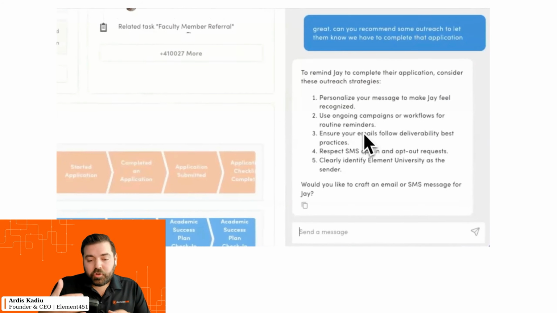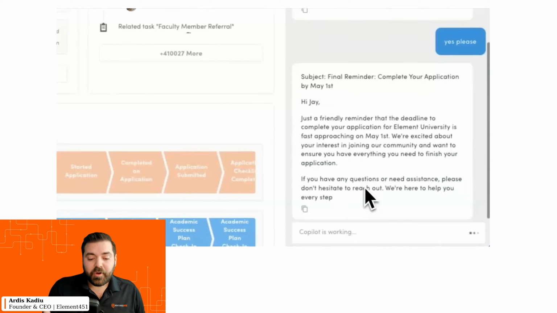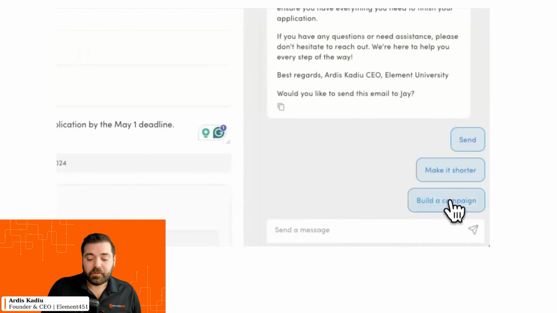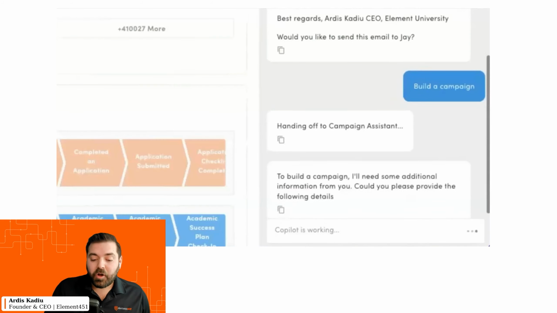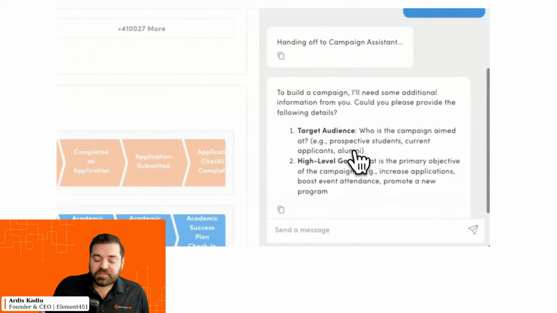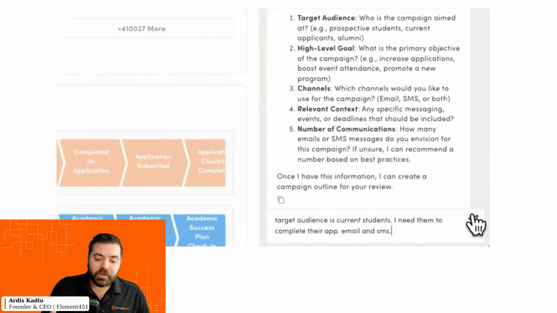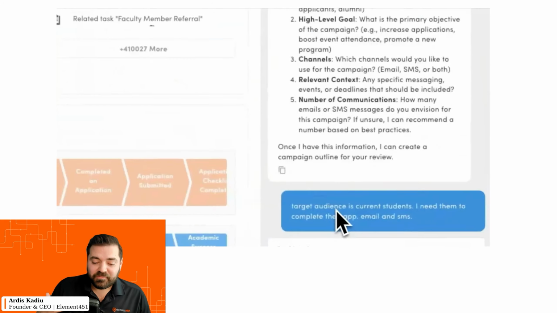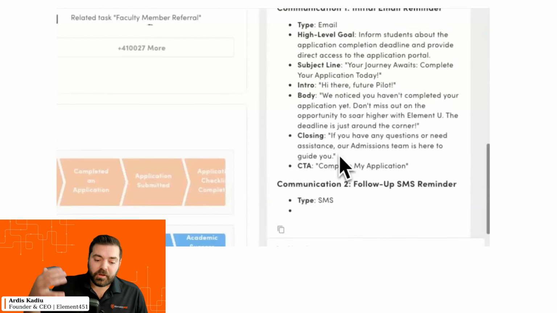Now, this is a human in the loop, right? And we're always communicating with the AI in order to get that. But this is grounded in your data, right? You can ask it to build a campaign, and then you will hand it off to a campaign assistant that's actually putting all of that together. Think about targeting an audience, like it's asking you some of the things that it needs to know, and then it's putting a kind of